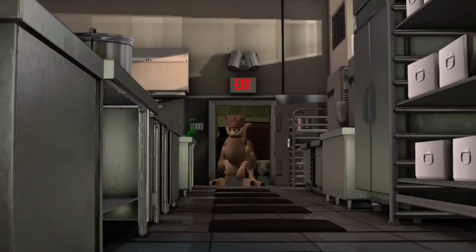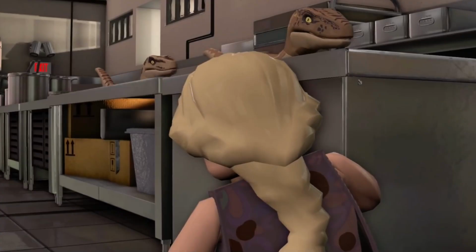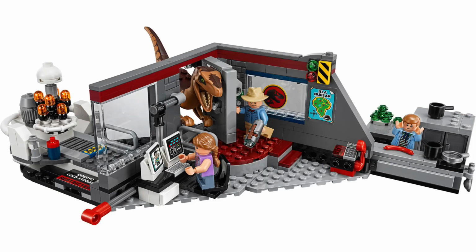the Triceratops. For $35, we're getting the Velociraptor Escape, which I imagine will be this scene in the kitchen with the 2 kids, which would also give us an expanded version of that scene that we got in this previous